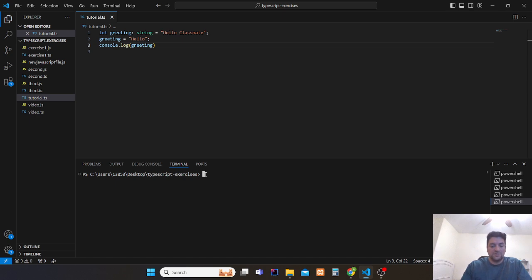The way we're gonna do it is we type npx tsc and then the name of the file, in this case tutorial.ts. This is not to execute the code, but to transpile the file. So once we press enter, let's see what happens in here.